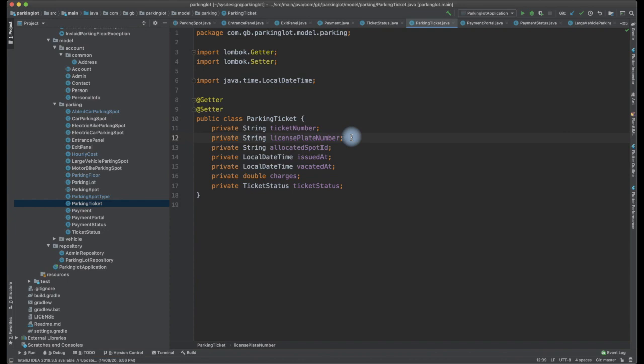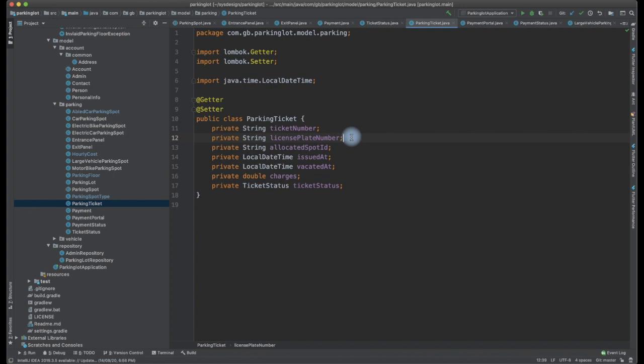And with the parking ticket at the time of generation, we would say that this is the allocated spot. So when we go there and do an audit, if it is parked in a different spot, it would be easy for us to audit. So we will be allocating at the time of generating the ticket only. We will allocate the parking spot ID, and people will have to go and park. This is what we need to model for a parking ticket when it is issued.